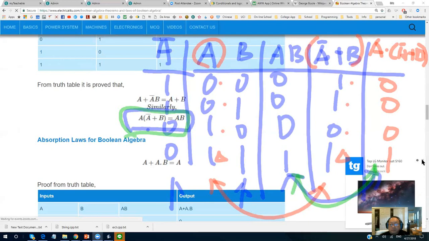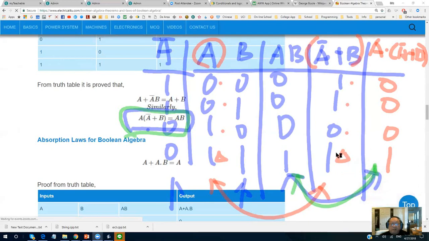Okay. You want to copy it down or no? If you copy it down, you can actually. So you write this equation first: A and the not A plus B in parentheses equals AB. Put something on top, and then you copy the proof under it.